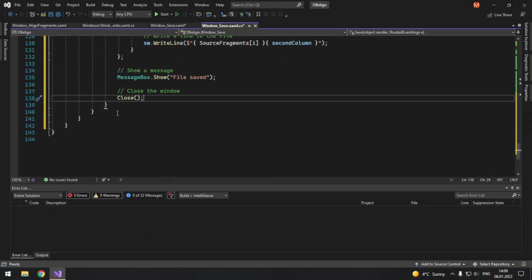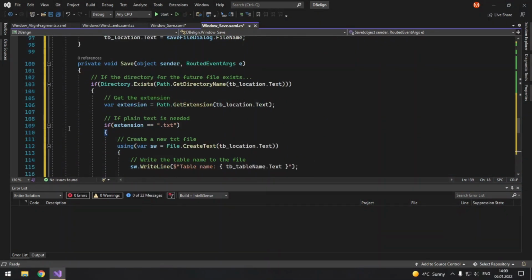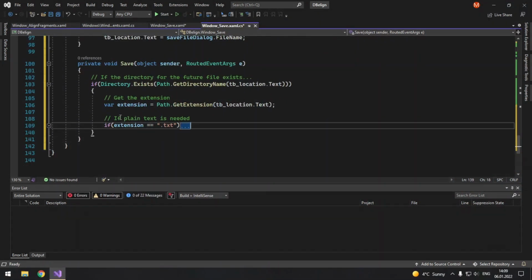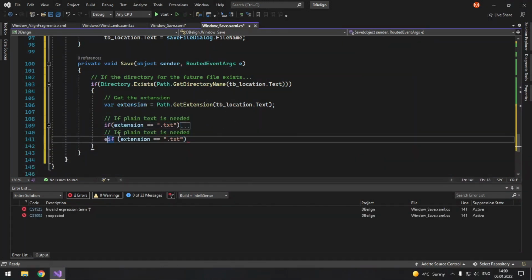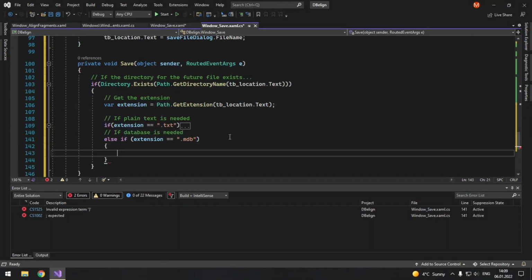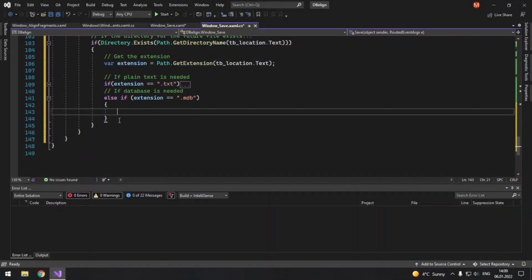Okay, so this was in case we have plain text. Now, in case we need an MDB database, so if database is needed, we will do something different in future.